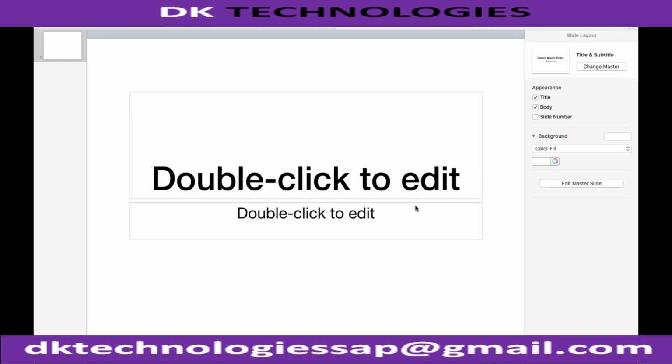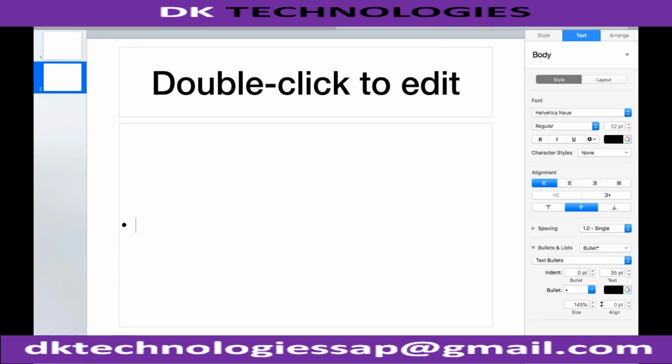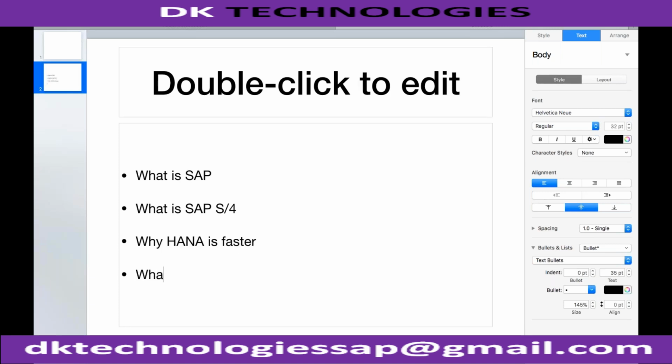So what we have discussed till now, let me summarize that and then we will start our new topic. So we started off with understanding what is SAP. Okay, we understood what is SAP S4HANA. We understood why HANA is faster. We understood what is SAP Fiori,